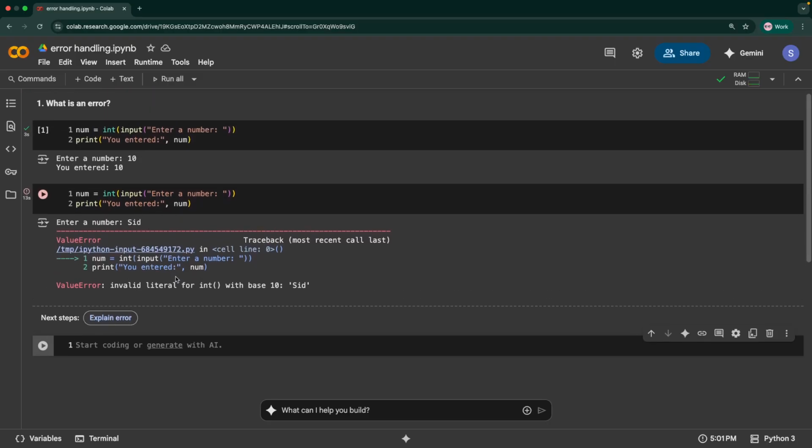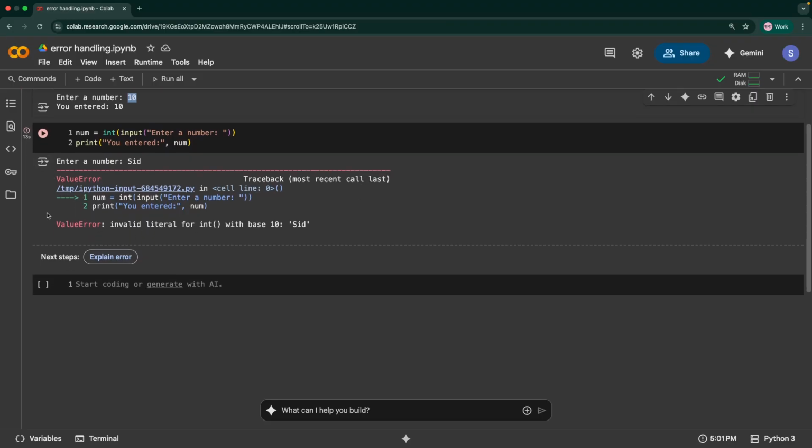So now it says invalid literal for int() with base 10. Basically what it says is int cannot convert these string values. Rather, it can only convert numerical values that are given as strings into integer values, right? So you cannot pass some other value; it should be a valid number that int can convert. So if the user types hello instead of a number, it crashes with this ValueError. The program stops completely, and it is not good for user experience if they just see this red colored error and the error message and so on.